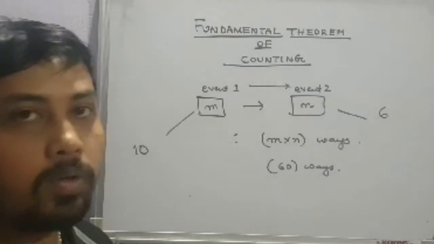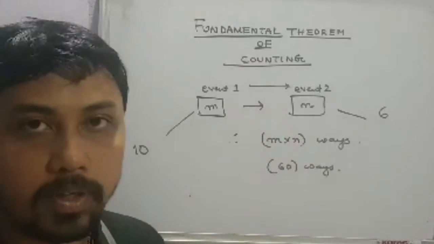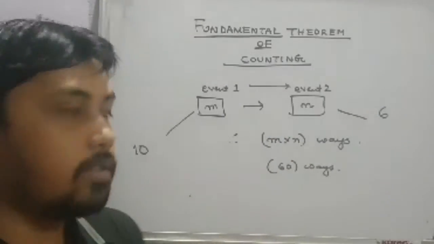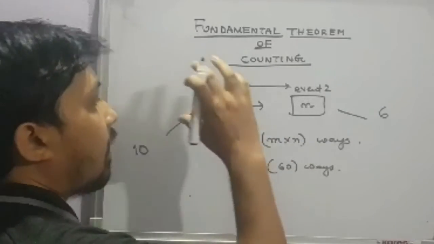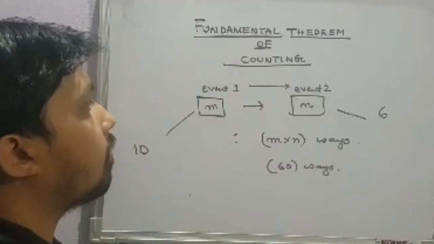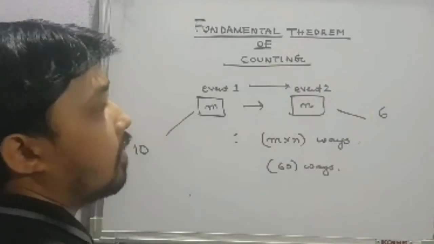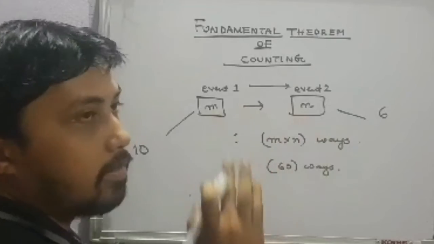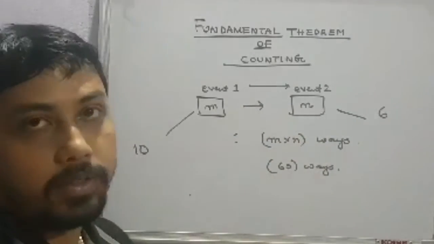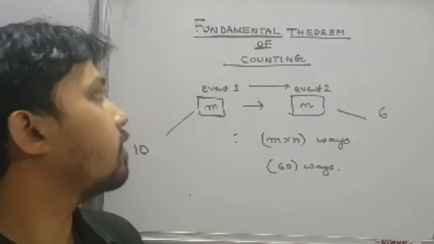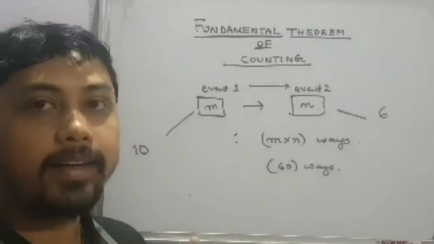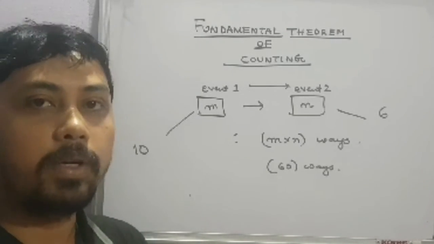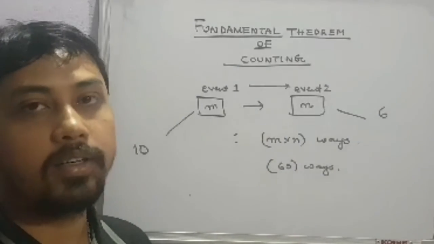Right? So this is the fundamental theorem of counting. To summarize, if an event can be done in m ways and after that another event can be done in n ways, then the total number of ways of doing both the activities is mn. You can do it in mn ways, right? So this is all about the theorem. In the next video we shall solve some numericals based on this particular theorem. Till then,